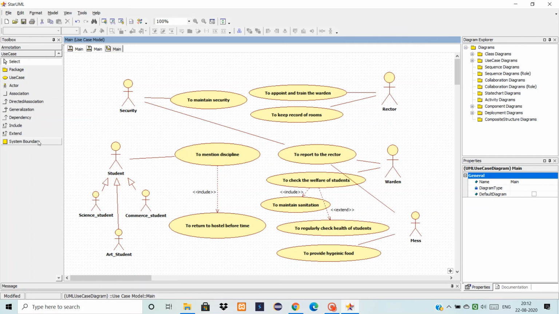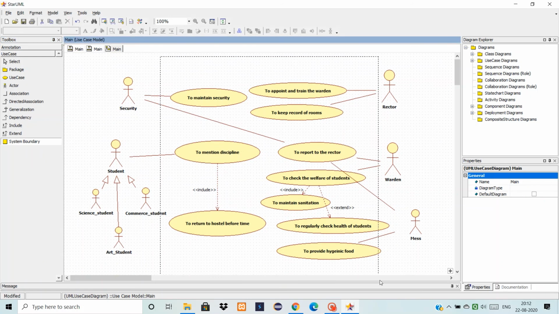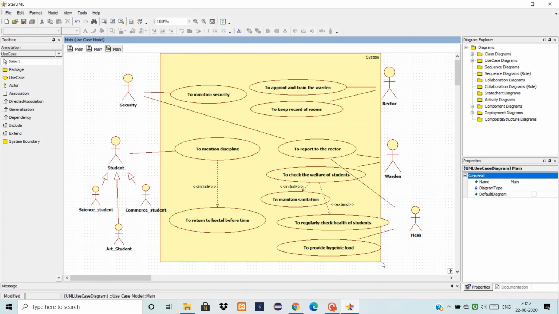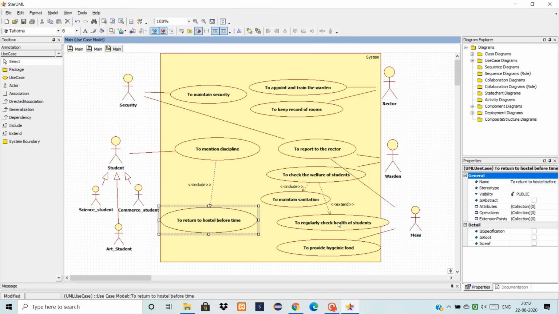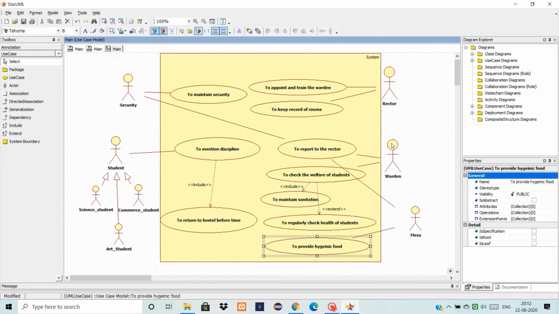And after completing this diagram, remember to make a system boundary. So I selected the system boundary option, and we can see here, let's adjust it, and only the use cases are included inside the system boundary. Actors remain outside.